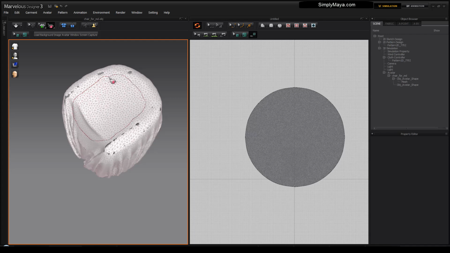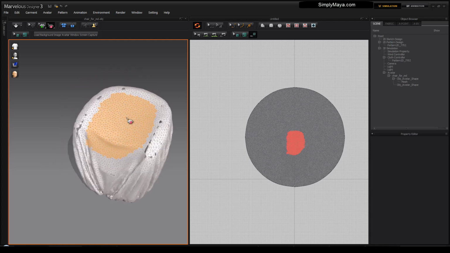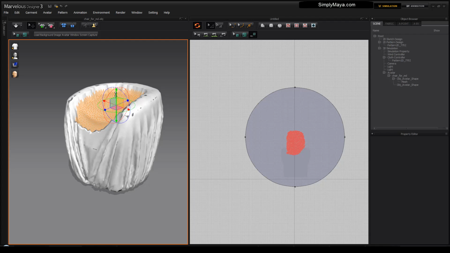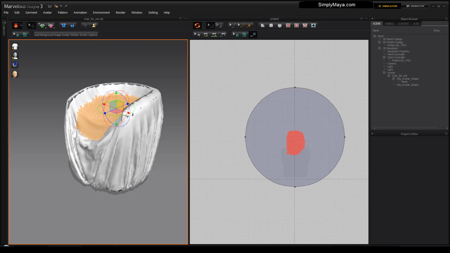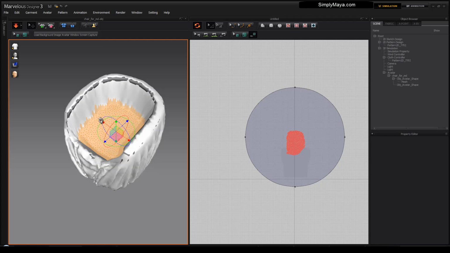So I want to get this, and again it's one of those things that I normally take some more time with, but I want to speed up a little bit for the sake of the tutorial, and I'm going to pull this down and just simulate. I'm going to watch the whole thing drop down. So once again, push it down. Okay, and once it's down far enough,